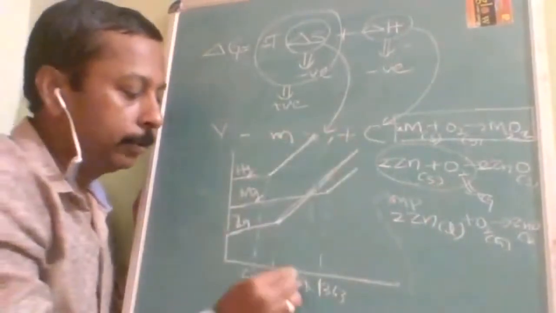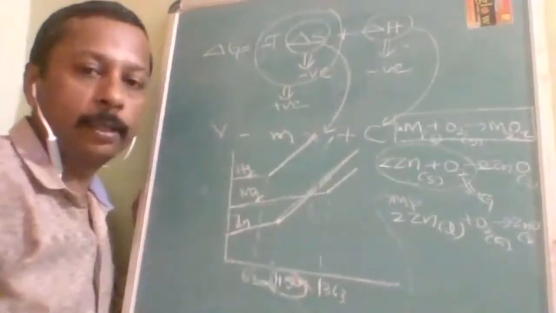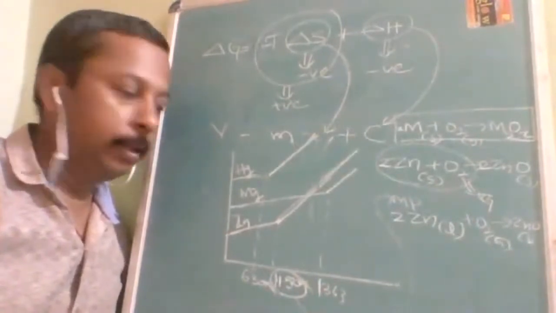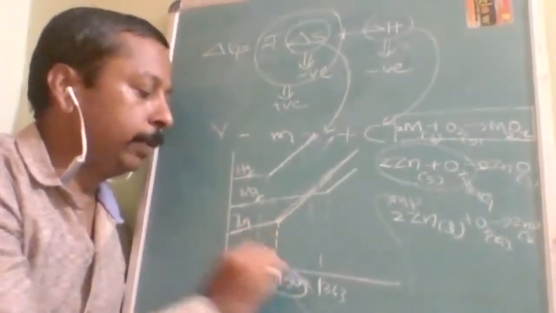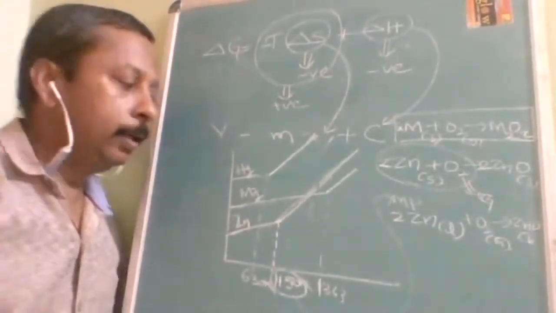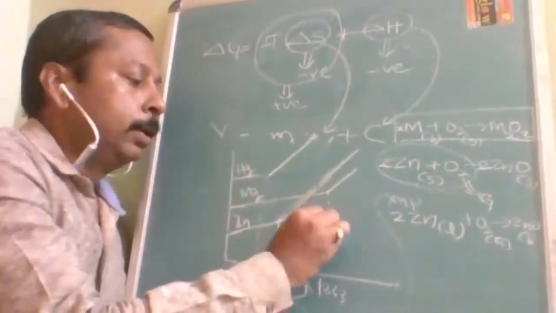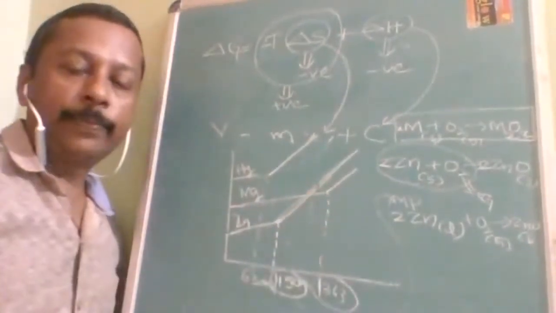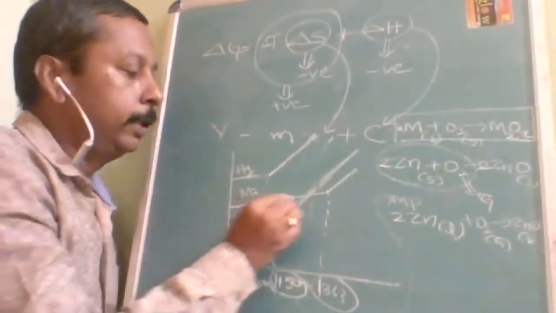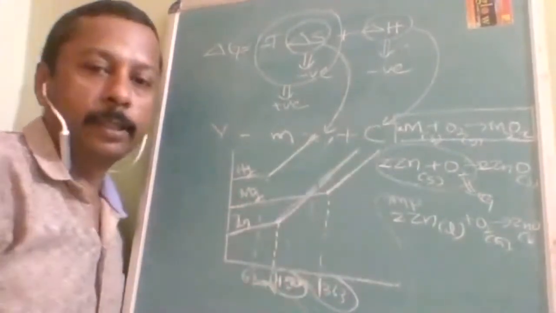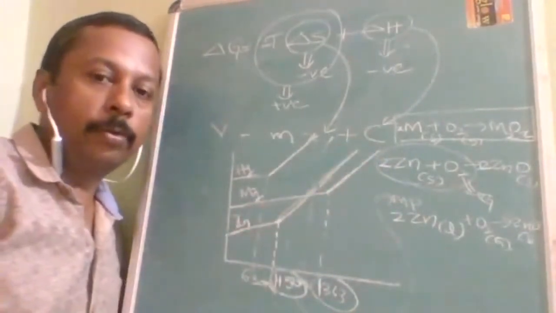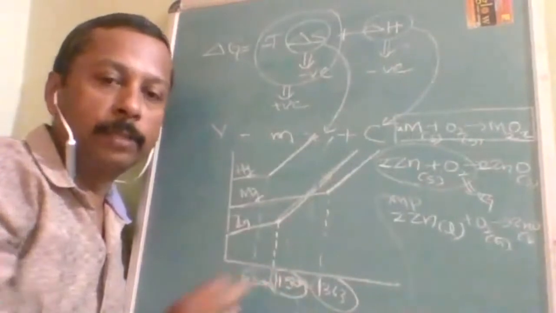So the Ellingham diagram can even be used for calculating the melting point. From this graph, you can say 1150 is the melting point of zinc. Now what will be 1363? 1363 is going to be the melting point of what? Magnesium, because here increase is there, but the sharp increase is at 1363. So why the sharp increase is there is understood. Now don't think that wherever it is increasing, that is always the melting point.